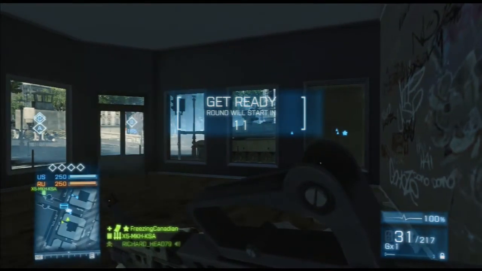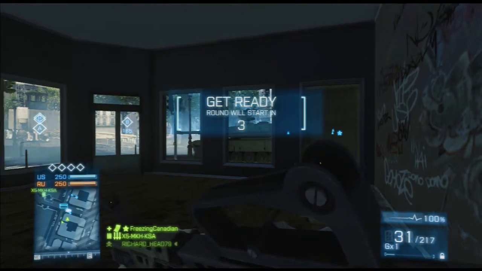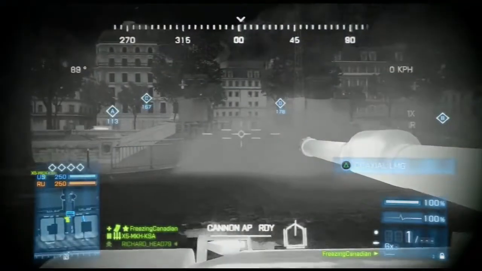As an engineer, you start off with it. You don't have to unlock it. It's your first rocket launcher, and it does do work. It does take around 3 to 4 shots to take out a tank, also depending on if the tank is